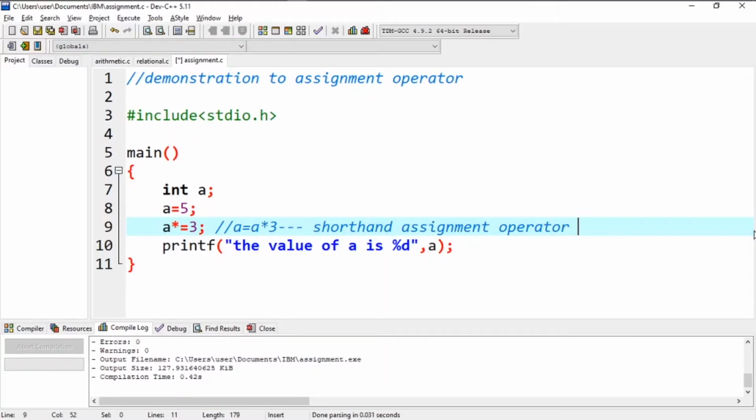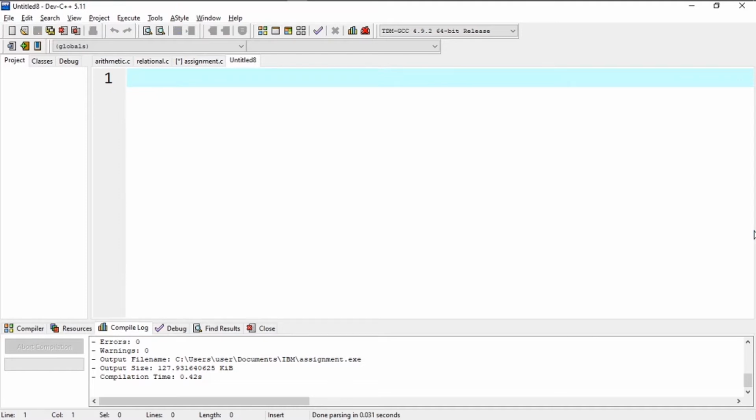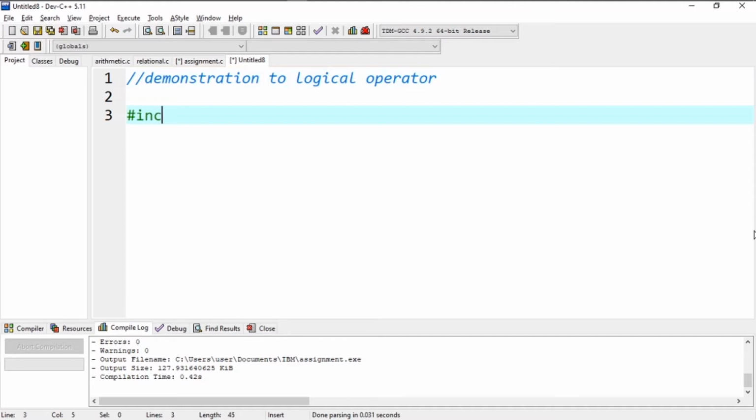So let's create a new file, Ctrl+N, and let's give it a comment or the title, that is demonstration 2, logical operator. So I include the header file using #include stdio.h.